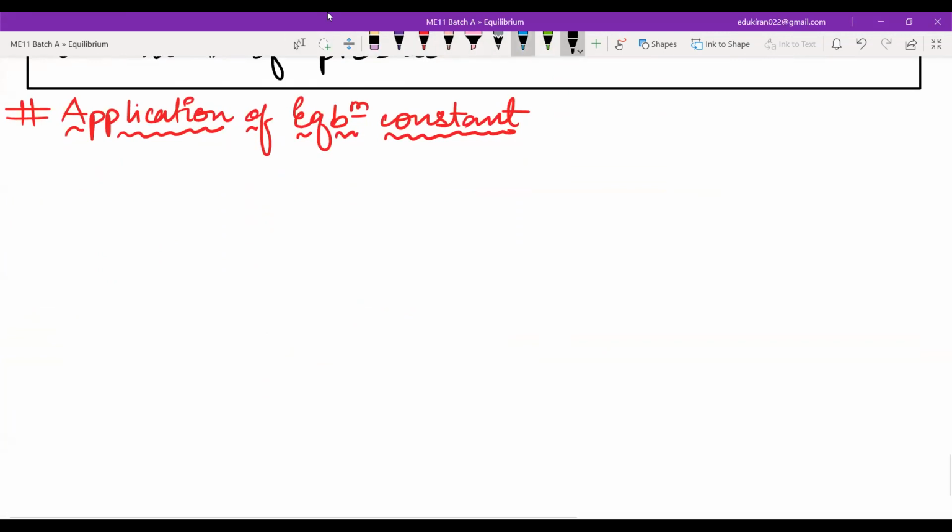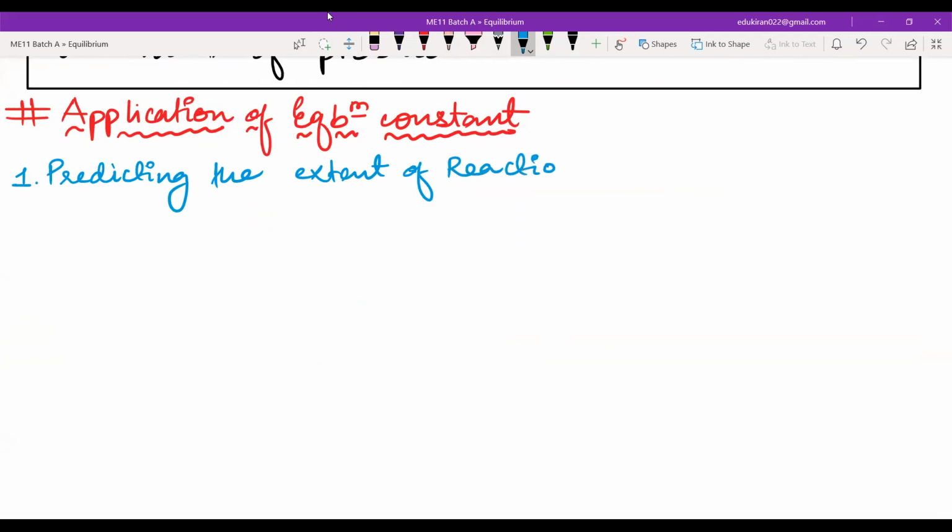The first application is predicting the extent of reaction. Extent of reaction, what does this mean? Imagine it like this: you have A and B, right? So A has to convert to B. A has to cover a journey and then